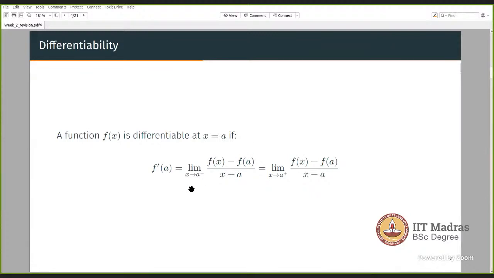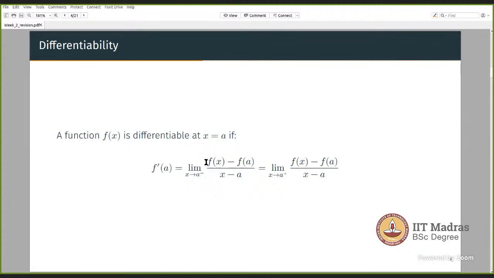Okay, getting back to differentiability, you have to compute two things to check whether a function is differentiable or not. Again, you would be given a point at which you have to check the differentiability. So here, basically, what we are interested in checking is that, let's say the point is x is equal to a, where you want to check the differentiability. You have to see that the rate of change of the function at the left hand side is equal to the rate of change of the function at the right hand side. Okay, which means when you approach the point x is equal to a from the left hand side, what is the rate at which the function is changing? And similarly, when you approach x is equal to a from the right hand side, what is the rate at which the function is changing?